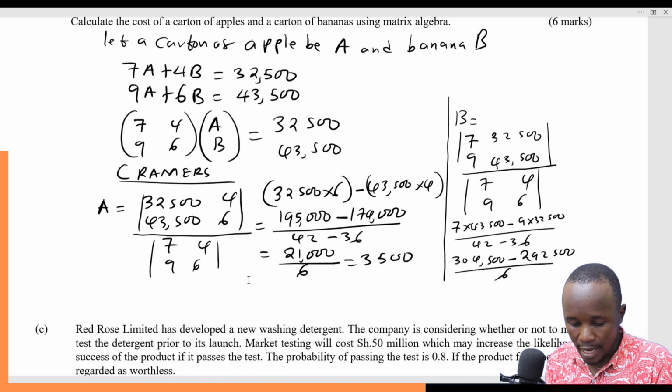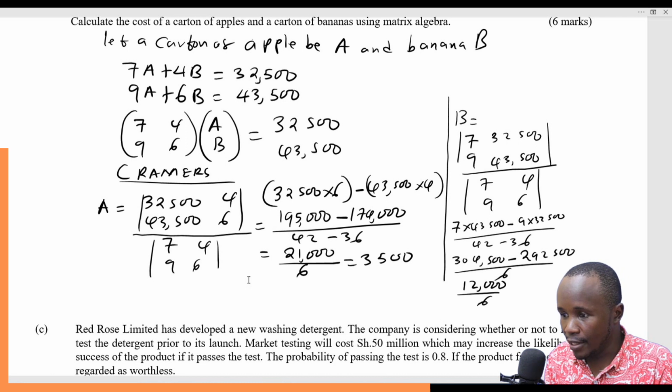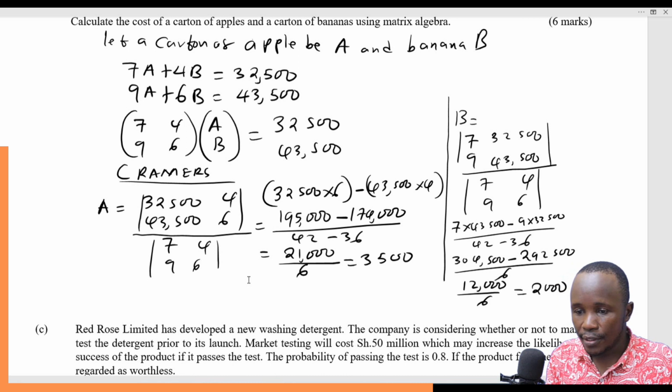304,500 minus 292, this gives me 12,000. 12,000 divided by 6, this gives me 2,000. It therefore means,